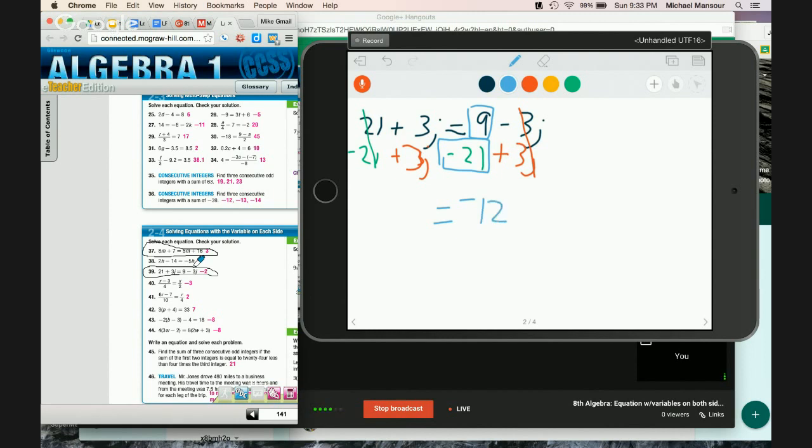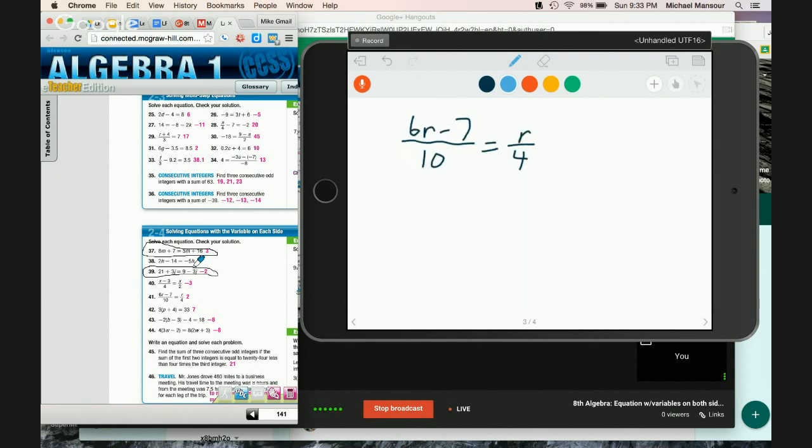And then 3 and 3 is 6. So I have 6j here. Again, simple division. 6 by 6 cancels out, and j equals negative 2. As we can see, that was the answer that we had before. Moving on to the next problem here. I have